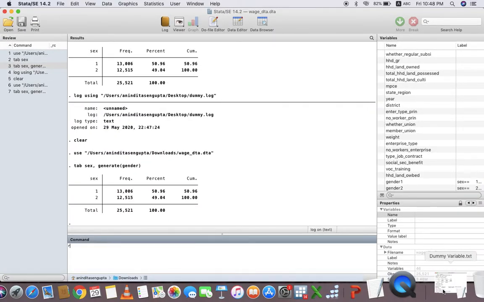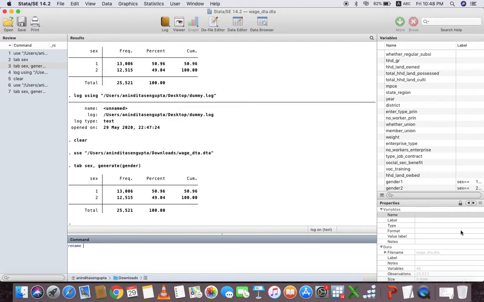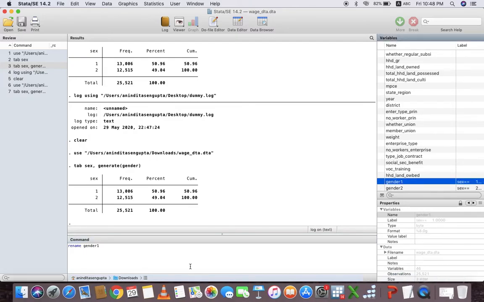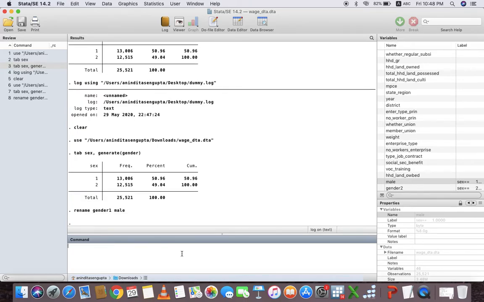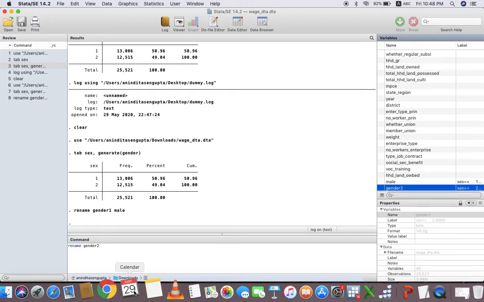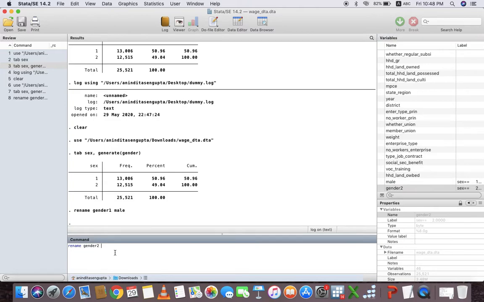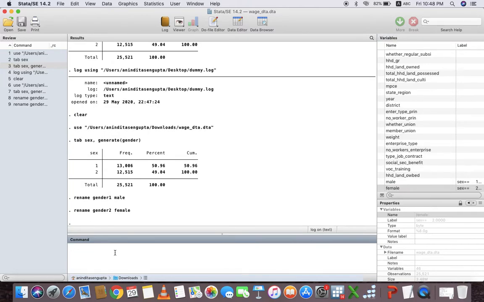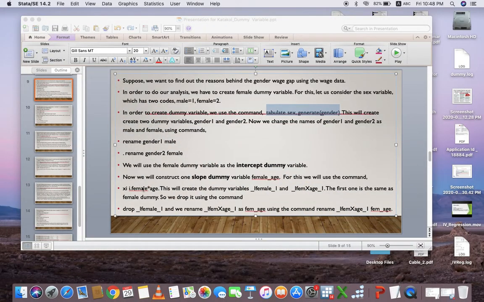Rename gender1 male, rename gender2 female. So, we have created two gender dummies.